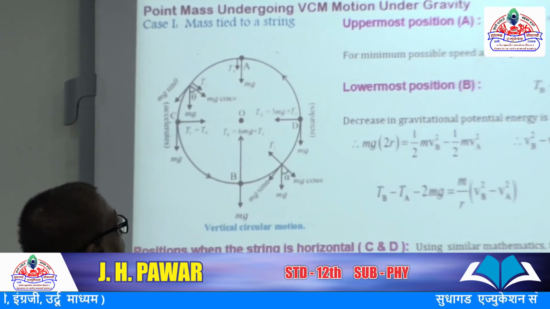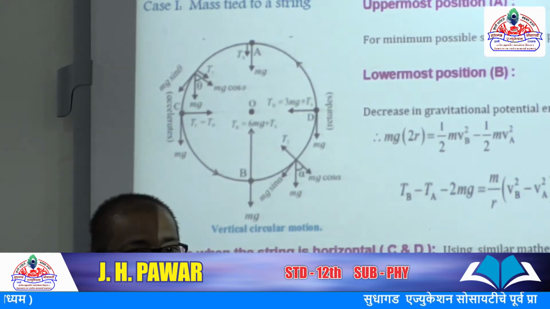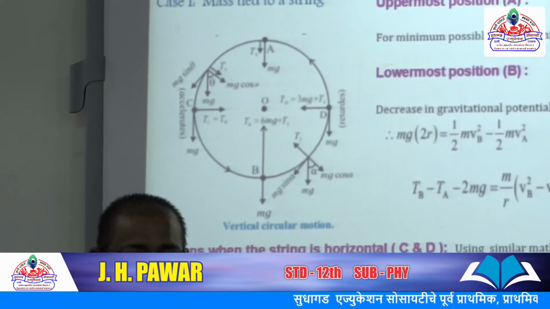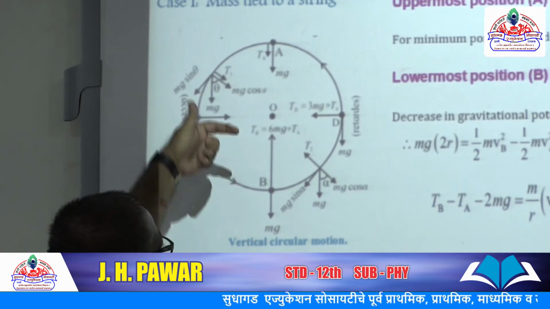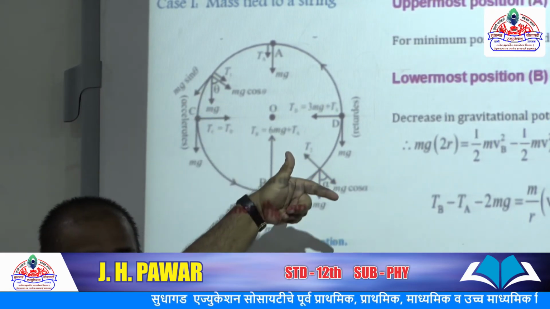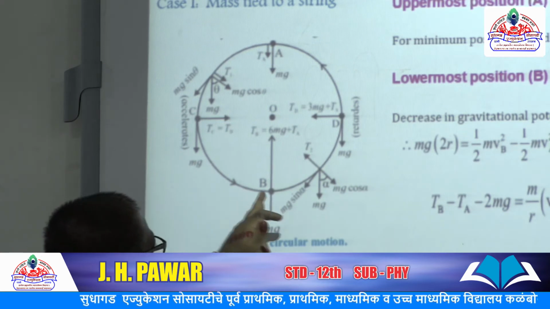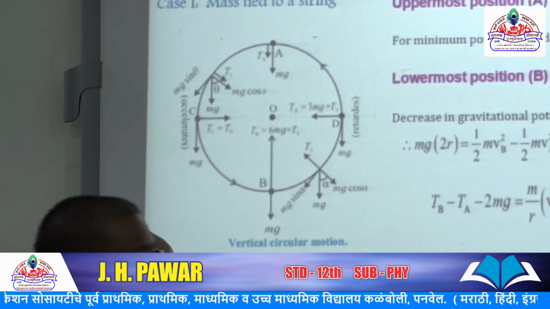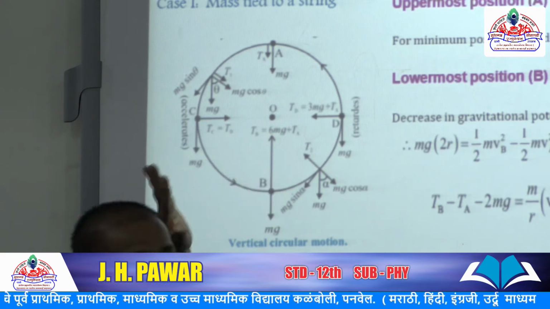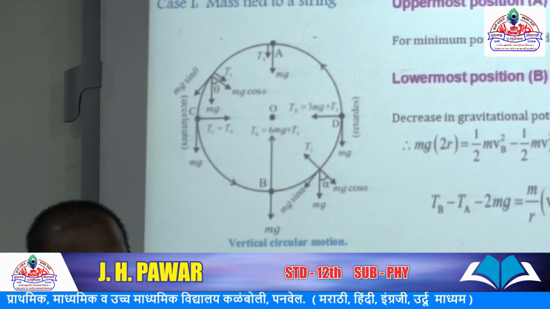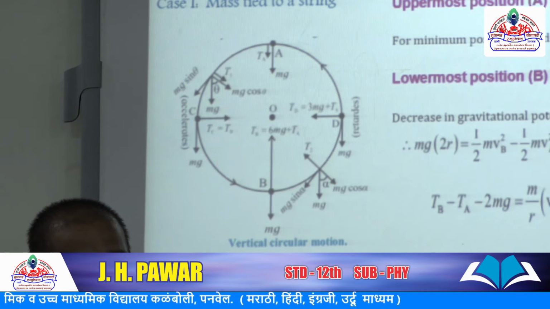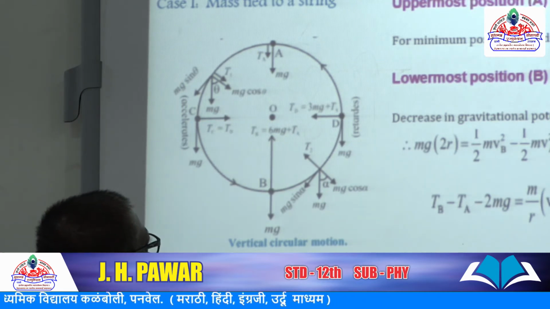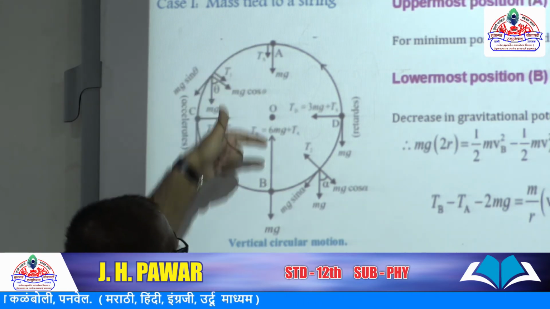Look here, at any position two forces are acting on it. Which are they? A tension is acting along the radius and toward the center, and another force is there, its weight, acting vertically downward always. But there are notable things. Look here, at the top and at the bottom,